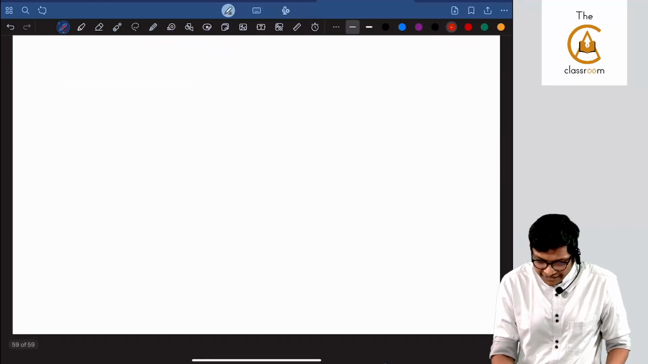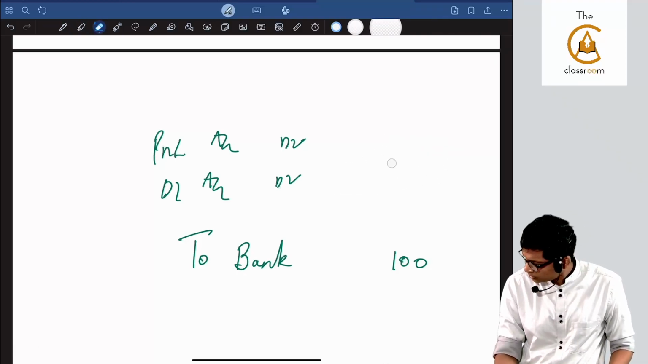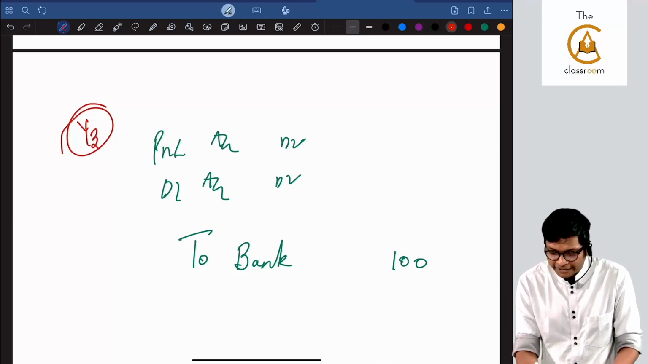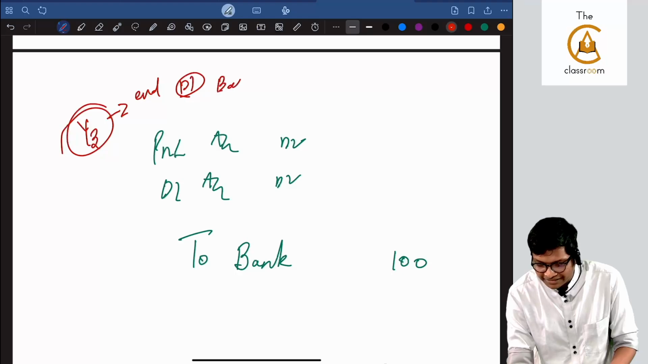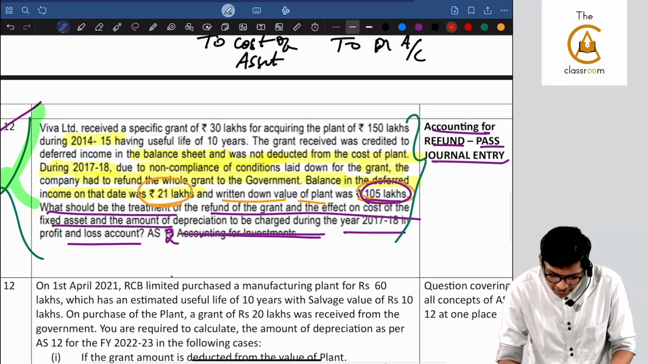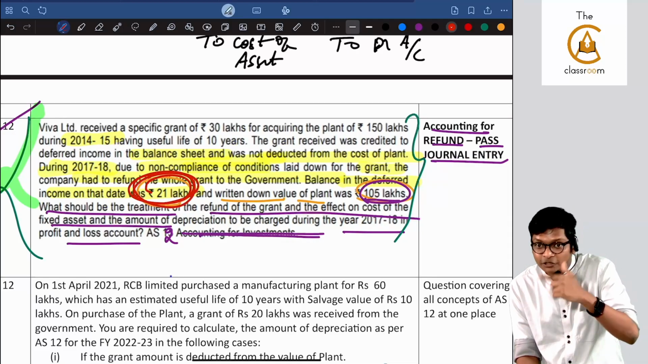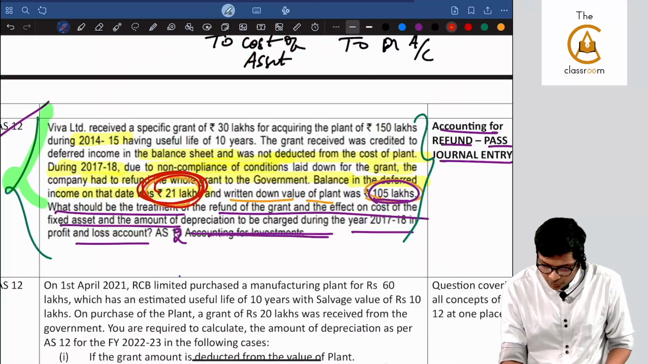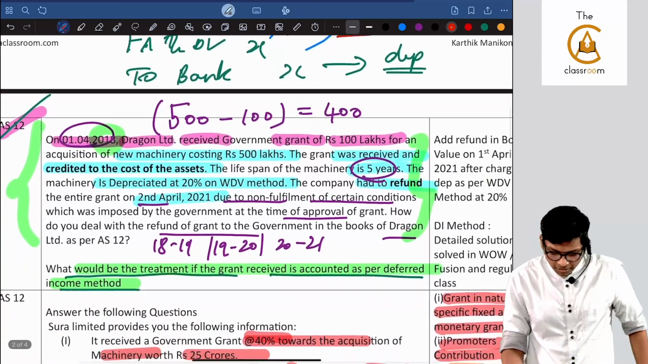Now I am refunding in which year? I am refunding in year 3. So I need to know the year 3 end deferred income balance. Like how in this sum where 21 was already given, I explained that 21 in Viva, that which we reversed. So in this sum I want to know,